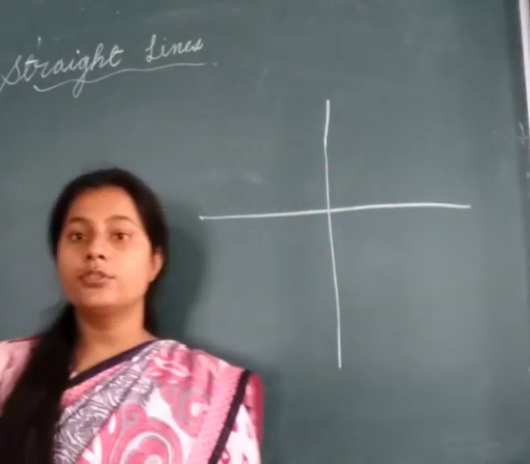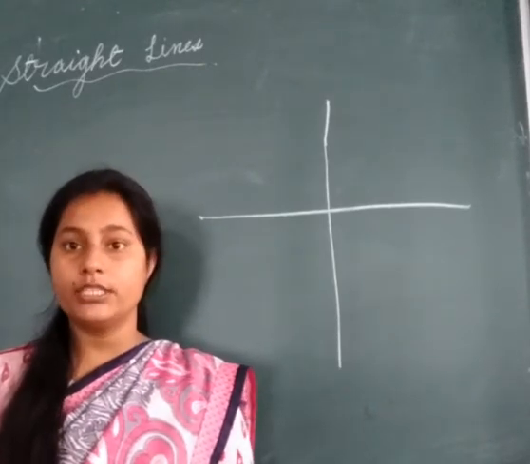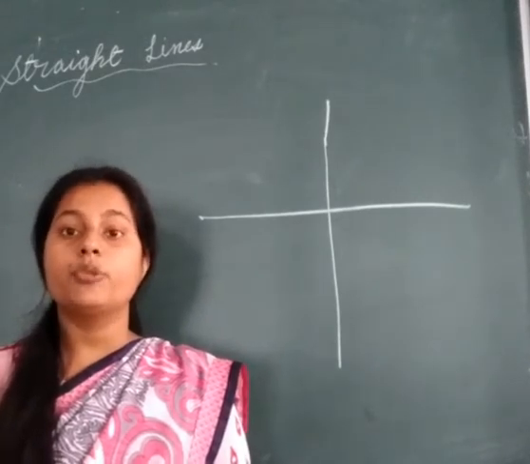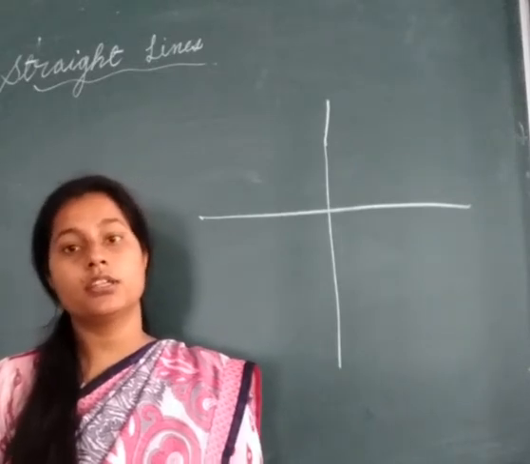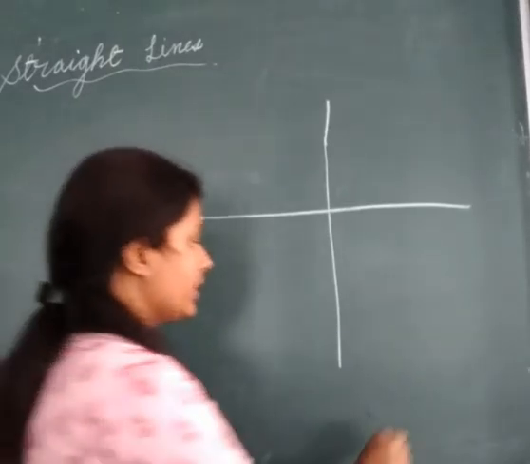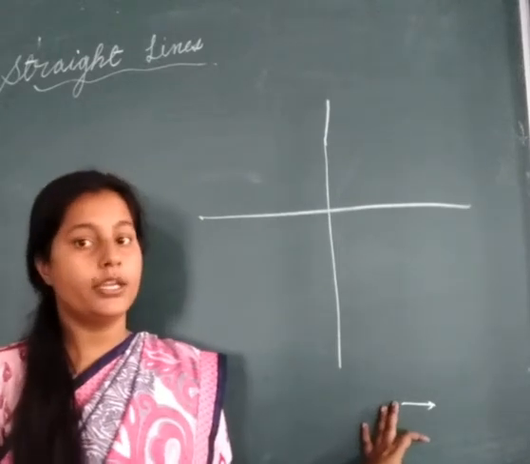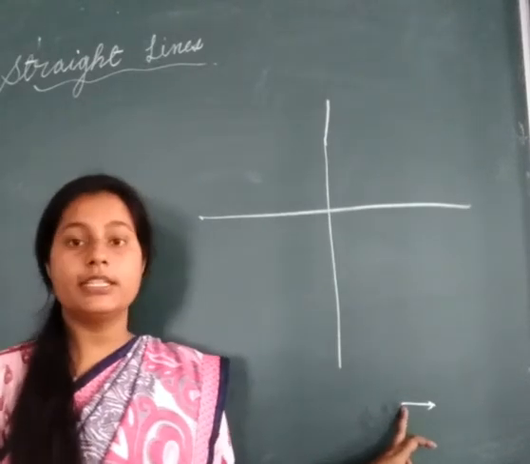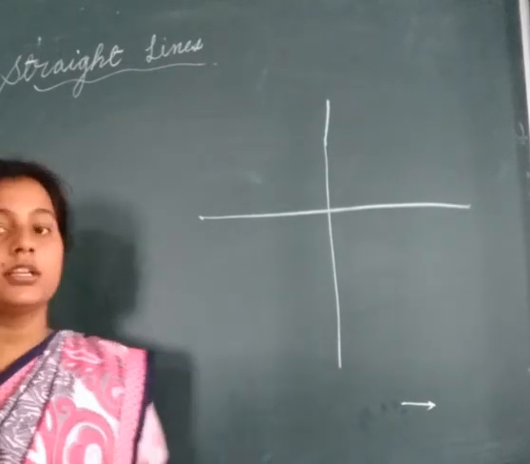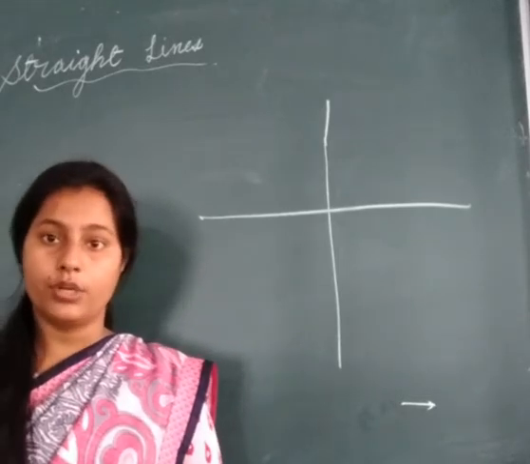See, if we have to show the motion of a point in one plane, let us suppose that we have a point and its direction requires only one coordinate, then that point is in one dimension. Or conversely, if a point is in one dimension, obviously this is a point, and if this point moves only in the x-axis, then in order to represent this we need just one axis.